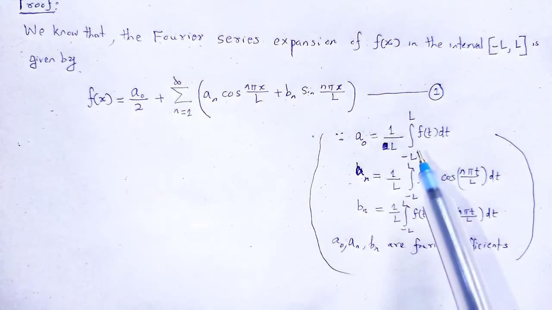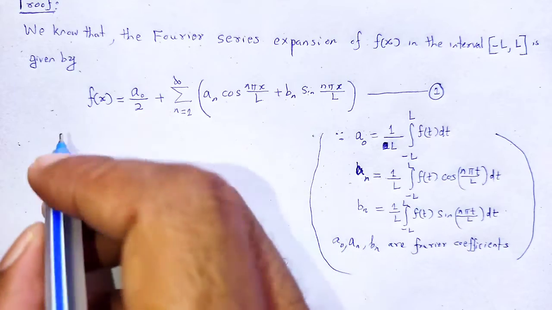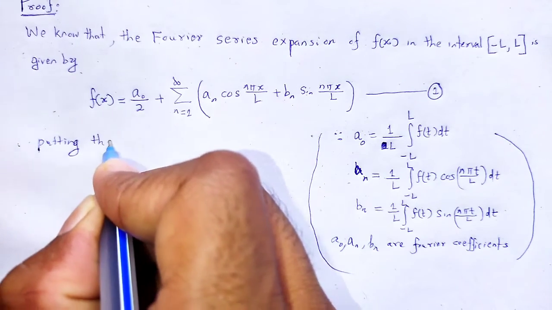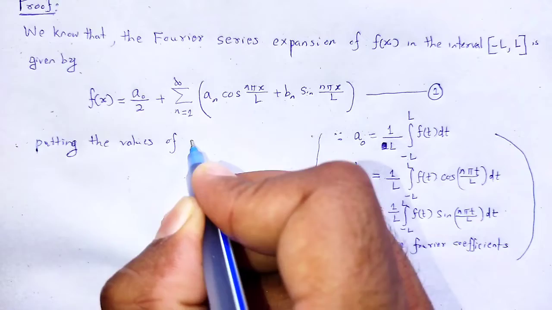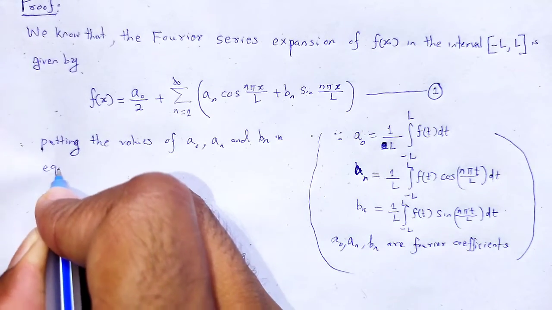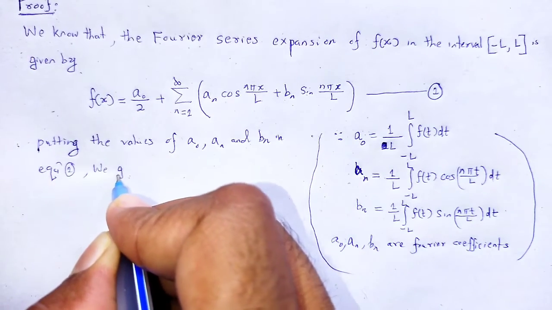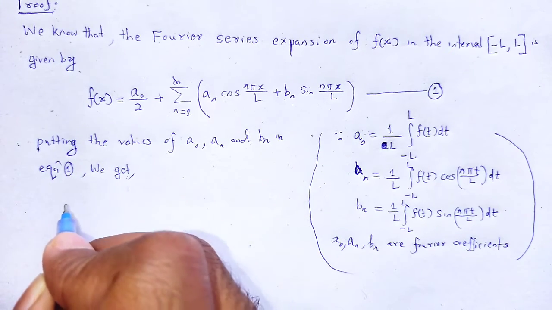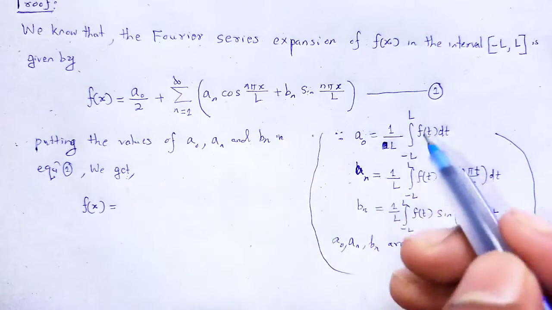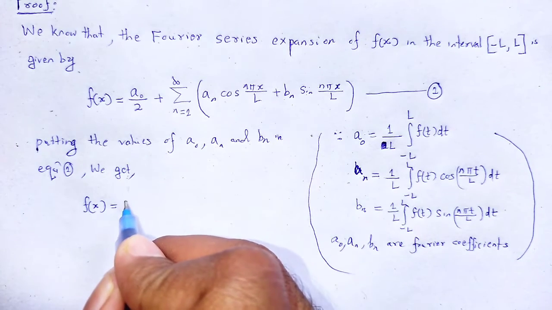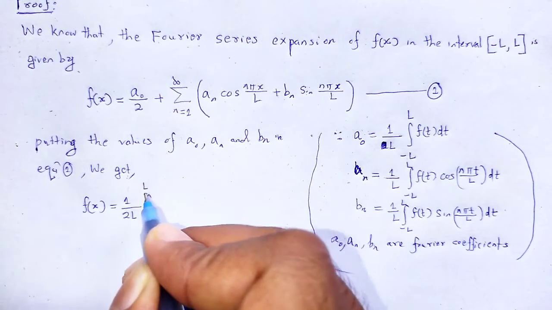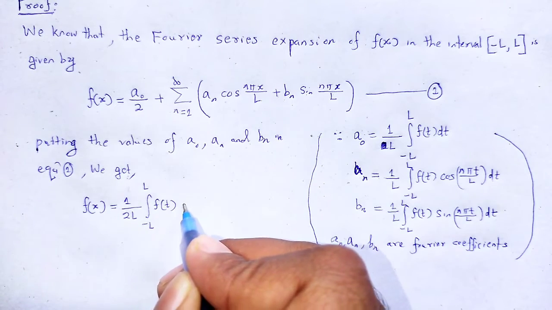Let me put these values in equation 1. Putting the values of a naught, a n and b n in equation 1, we get the given function f of x is equal to, the value of a naught is put in, so the expression will be 1 by 2L integration over minus L to plus L f of t dt